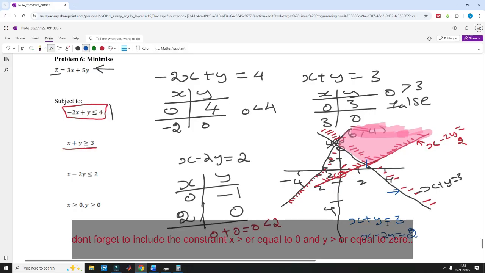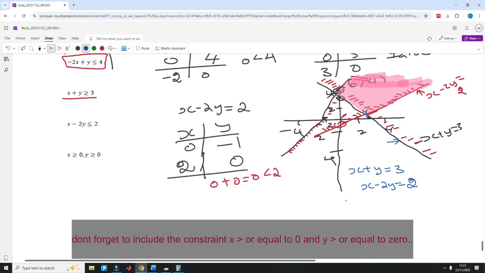So how do you find the point of intersection here, for example? Just put minus, plus and minus, so these two get cancelled, so y is equal to